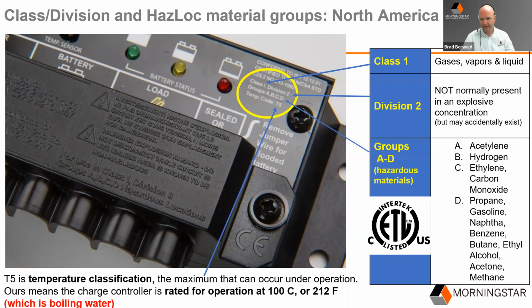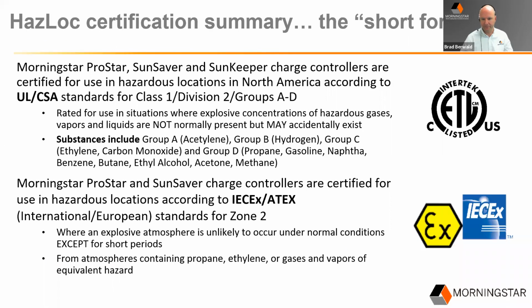of gas. But generally, what you want to take into account is these devices are rated to not cause an explosion during abnormal conditions. You know, they generally are not going to be inside of an explosive gas tank. They will be nearby that tank, and just designed so that if there was a leak, the controller and the solar system would not be a point of ignition. It's a standard practice, but it gives a lot of design certainty.